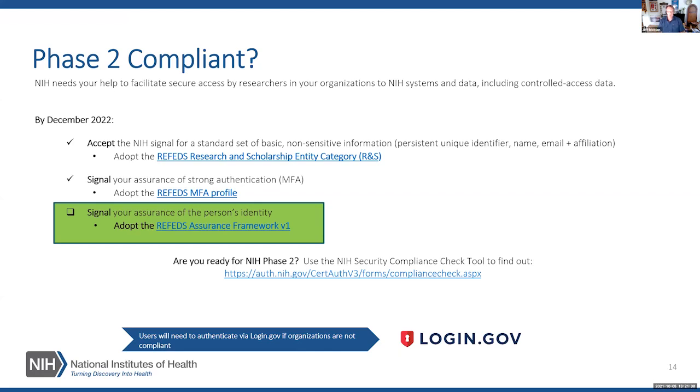It does require on behalf of NIH that different NIH systems do some risk acceptance and file some documentation with the various authorizing officials that we have for the different systems that we run, where we say, eyes wide open, understanding the risk, that for the next year we will allow these federated authentications to come in where the identity assurance that's being asserted might not be at this IAL2 level that the security categorization of the system demands. But we recognize the benefits of this federated access, including the